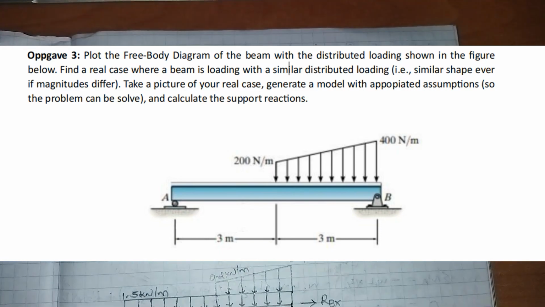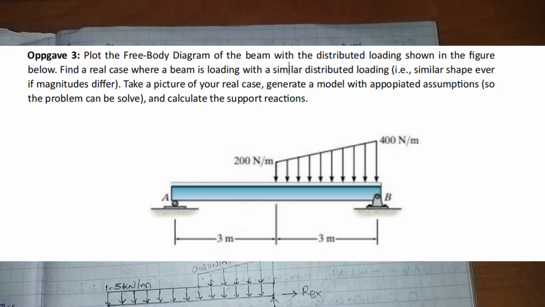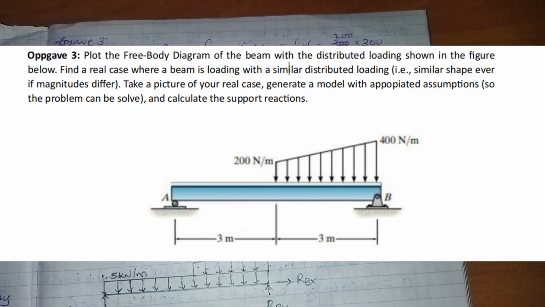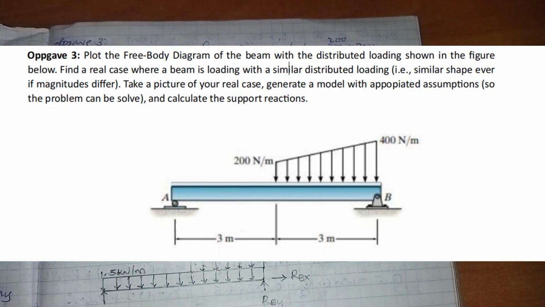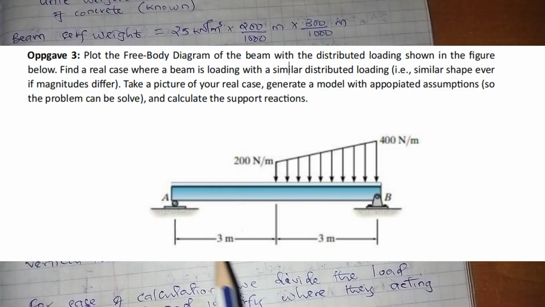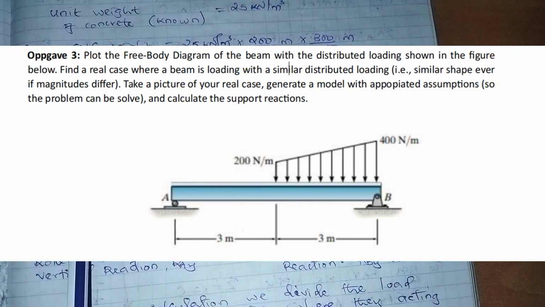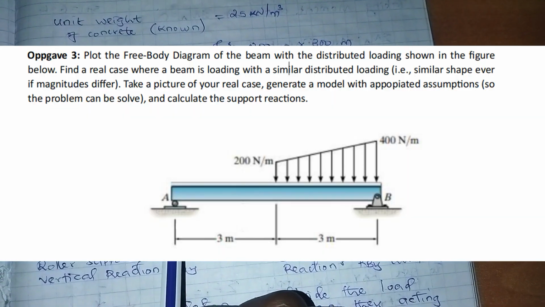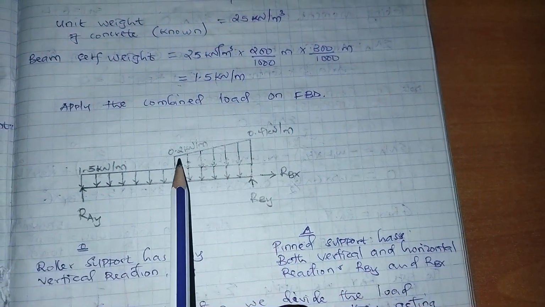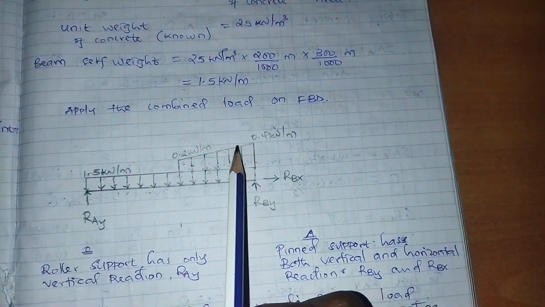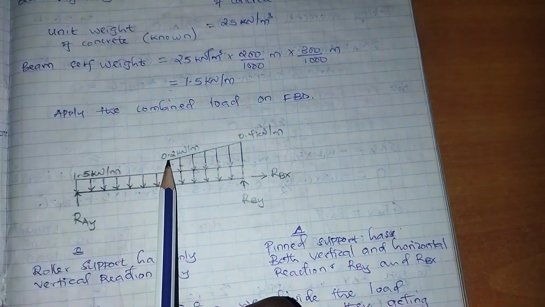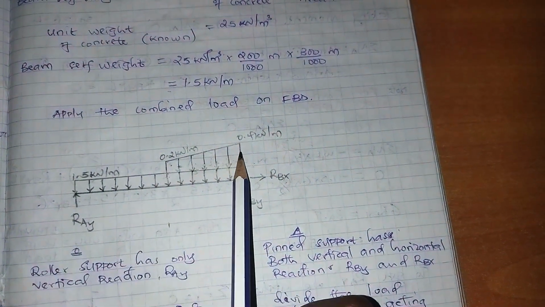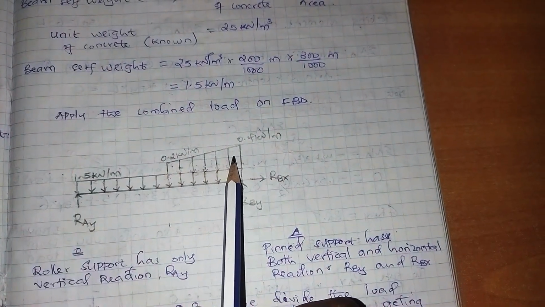So this is how we solve question 3. We are given a schematic with a representation of a beam that is carrying a weight that is varying. So it is not a uniform load, it is varying. So we call this a trapezoidal load,